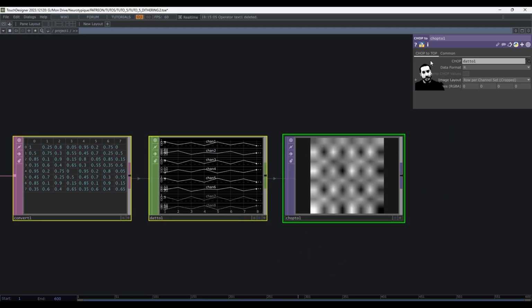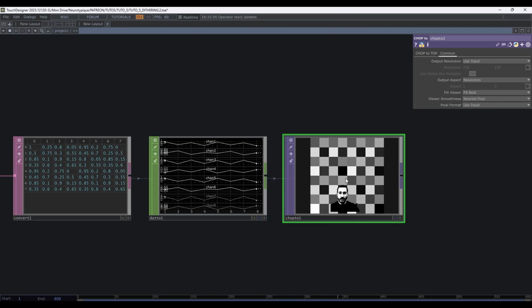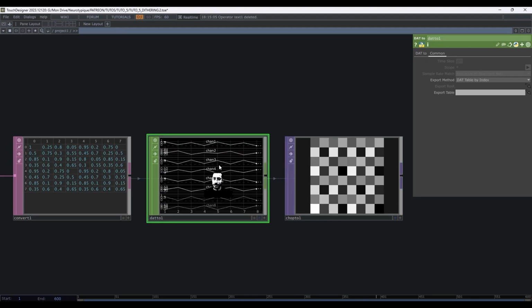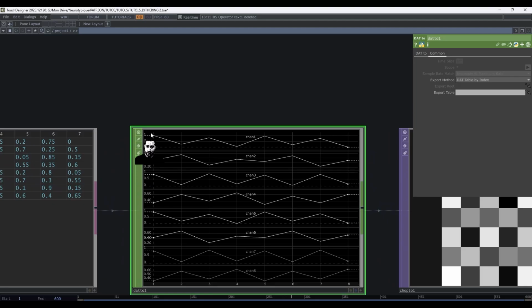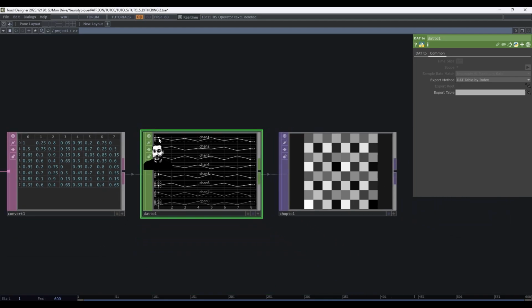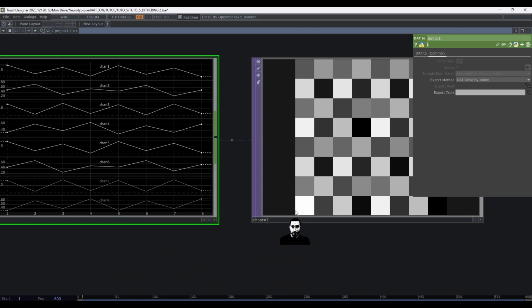It's really blurry because it's interpolating between the values, as it's just 8 by 8 pixels. So go to common and viewer smoothness, nearest pixel. And this is basically the matrix we're going to hard mix with our image. So what is it doing? It's taking, for instance, this here, 1, making it into a channel and saying this is 1, and then putting it into an image and saying, oh, now it's an image, 1 means white, so now this is white.